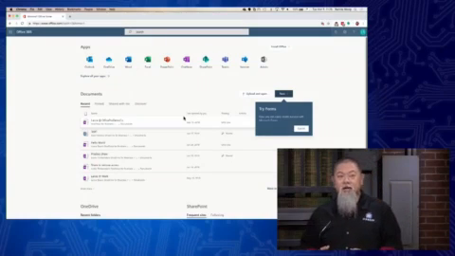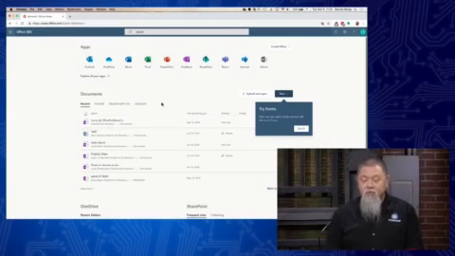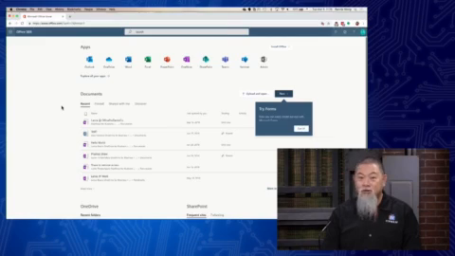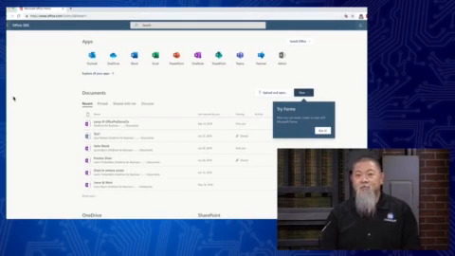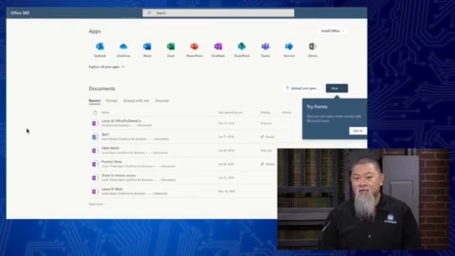So let's take a look at our little demonstration here that we have. And Vaughn, this is our Office 365 account that we use for your shows here. And I have to admit this because Vaughn will call me out on it if we don't. I am signed in as Lance Bass, who is one of Vaughn's favorite